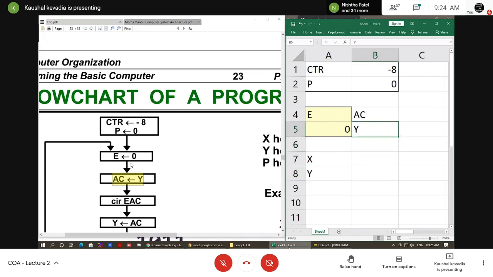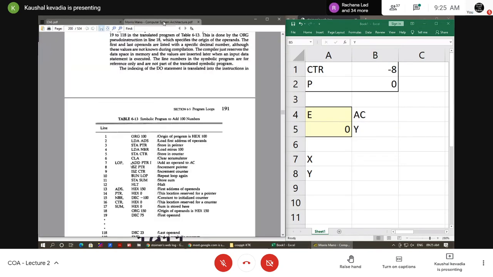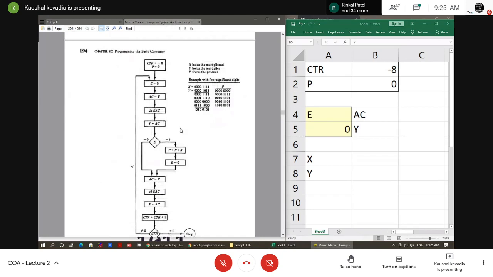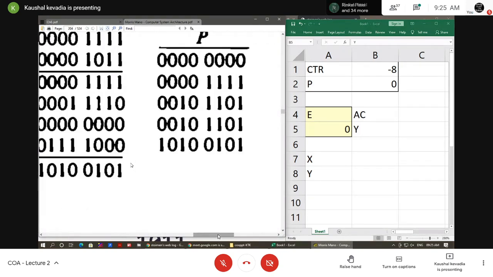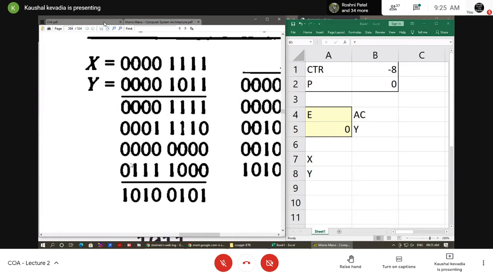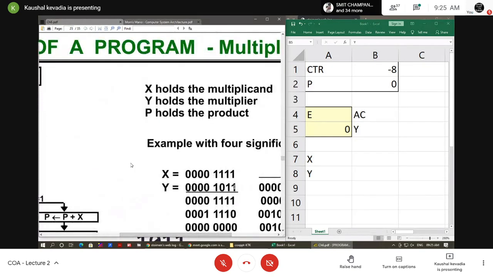Okay, actually what we want is the last bit, or we can say the rightmost bit, into the E register. ओके, एक्चुअली हम कैलकुलेशन के अंदर क्या कर रहे हैं, यहाँ पे अगर आप ऑब्जर्व करोगे तो, I want to show you in the calculation. So what we are doing is that we want to do the multiplication based on this y number.